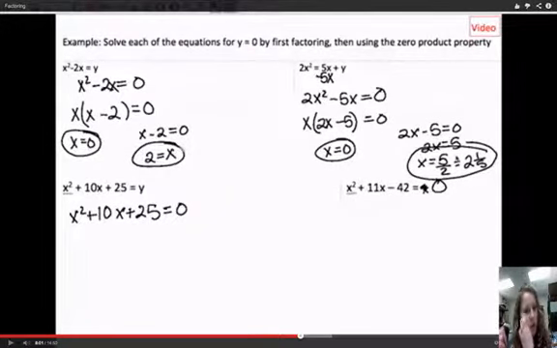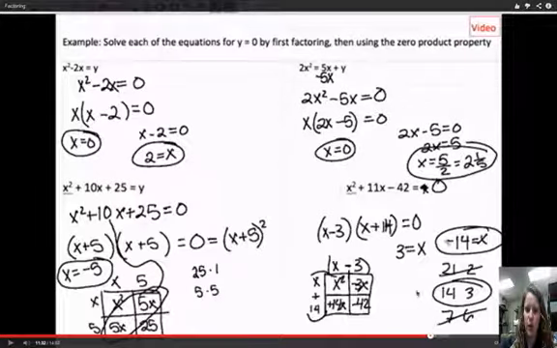When we get into the trinomials, so these second two examples, this is where I heard a lot of people saying, I want a formula. How do I just do it? Okay, and some of you were saying, I want to understand it. What are we actually doing? What's the purpose here? Well, the purpose is to get it into factored form to find our roots, to know